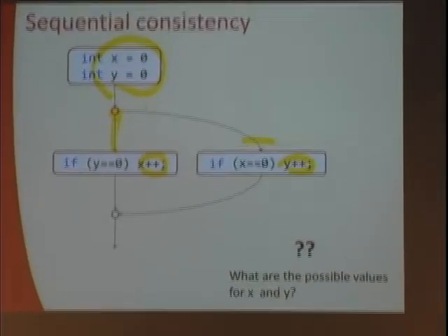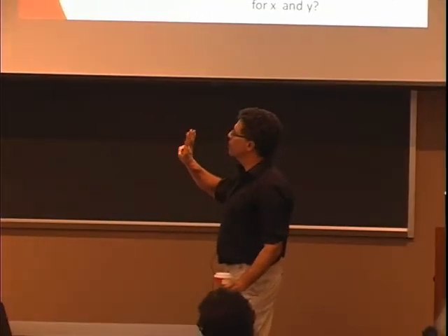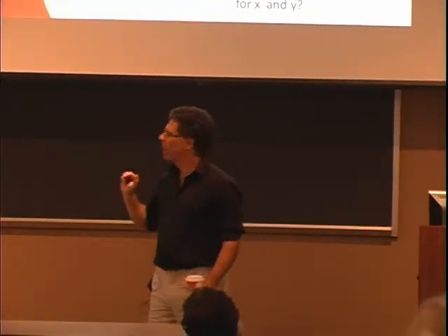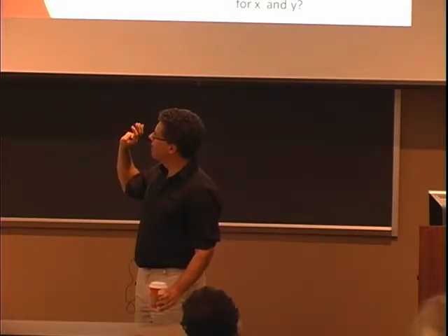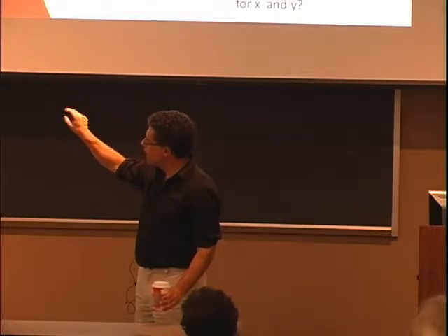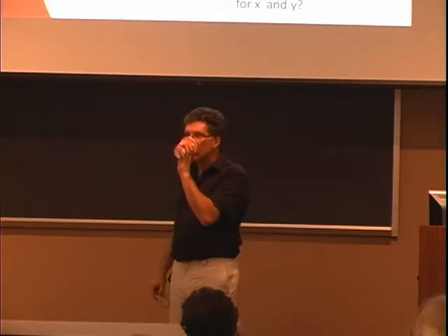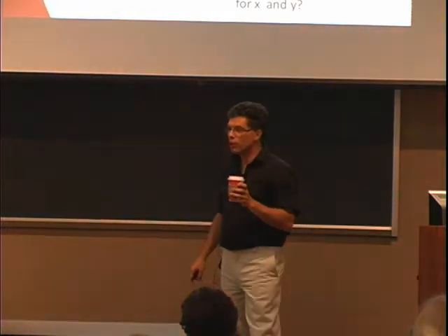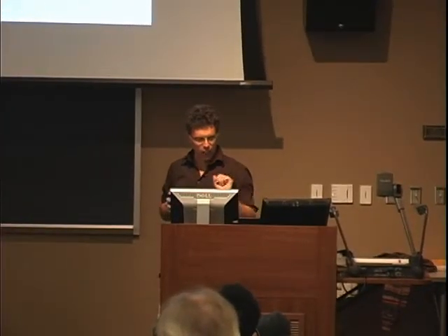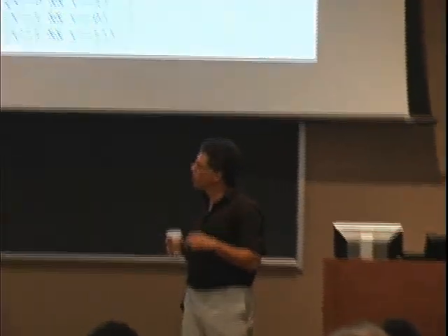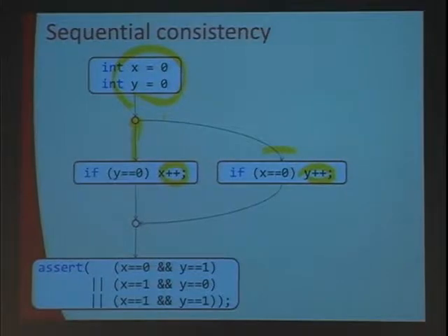0, 1, 1, 0. Well, correct values? Under the assumption of sequentially consistent execution, the assumption that those assignment statements, those increments, are atomic: 0, 1, and 1, 0 for x and y, and 1, 1. Very good. Right, so if we think about it, what if the child runs before the main revision?